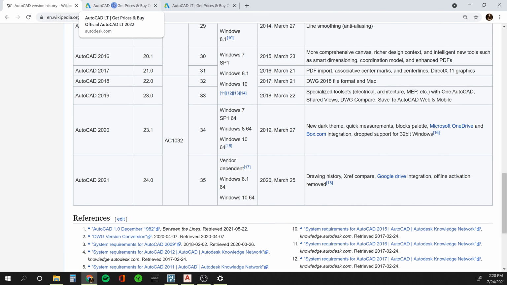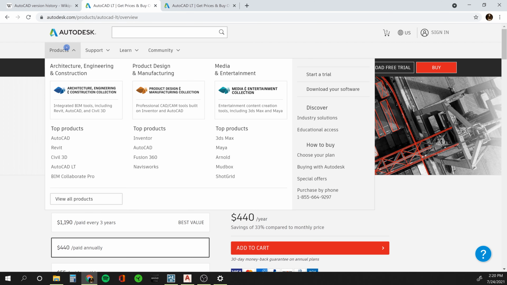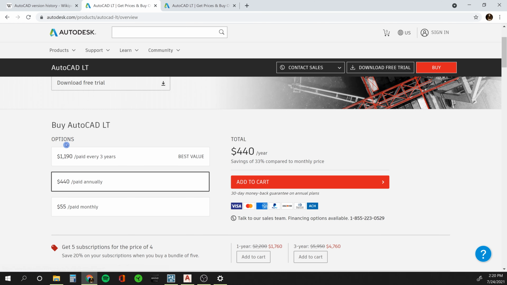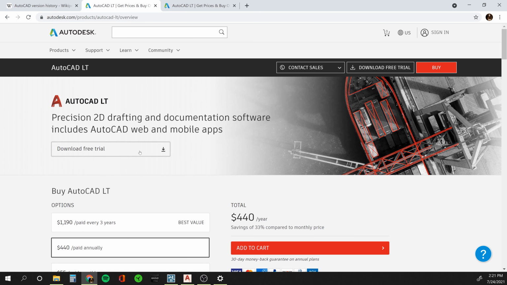Now, if you don't have AutoCAD yet, just go over to autodesk.com and you can just go to products. And for this course, we're going to be using AutoCAD Lite, but if you have the full version of AutoCAD, it should work just the same. And you just go here and they will allow you to download a free trial, or if you're ready to purchase, you can select one of the options below. Now this is a US based page from Autodesk, so if you're in another country, your page may look a little different. So if you haven't already, go ahead and download your version of AutoCAD, and I will see you